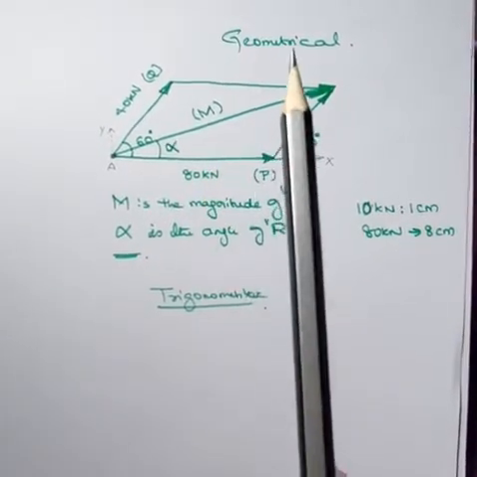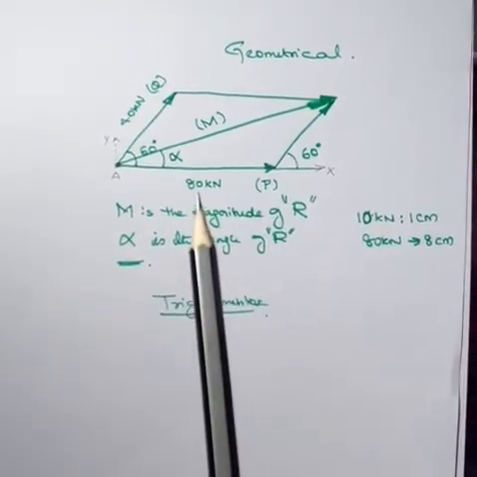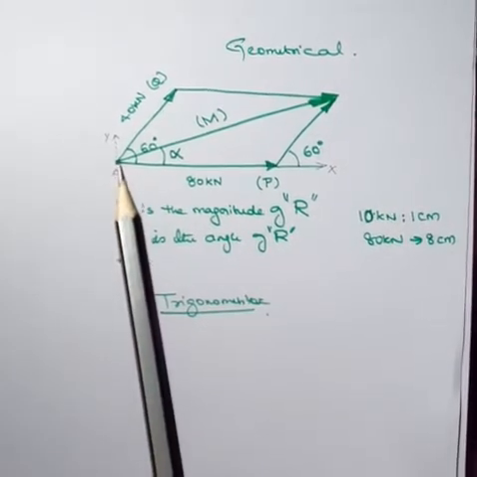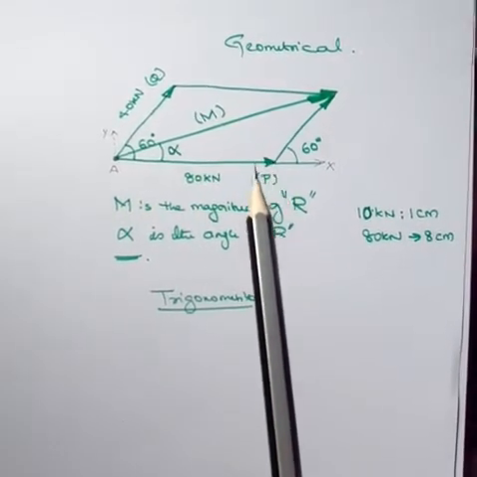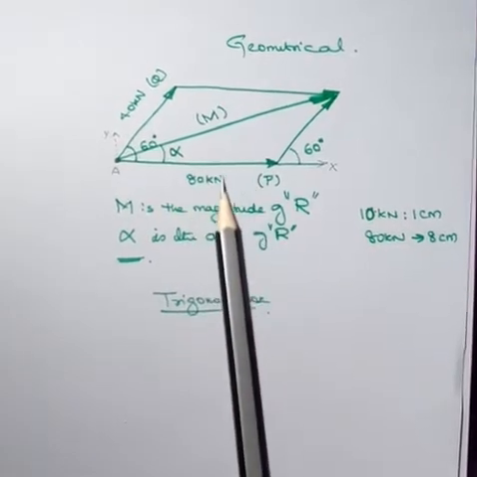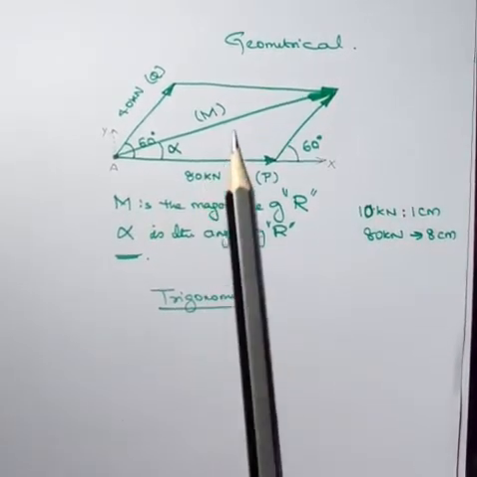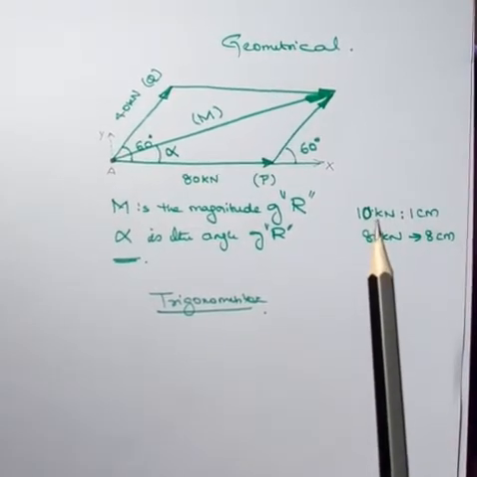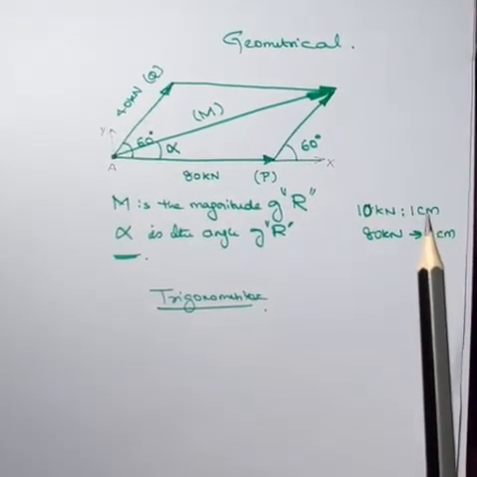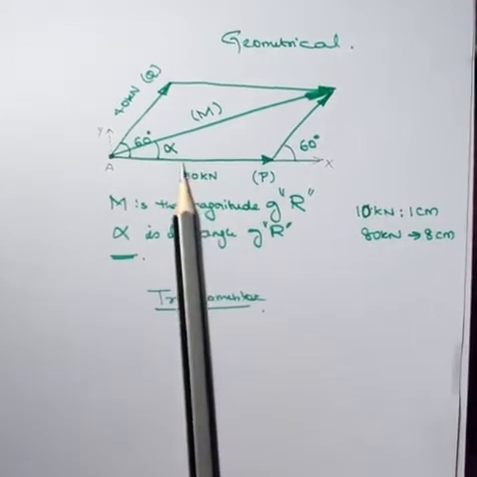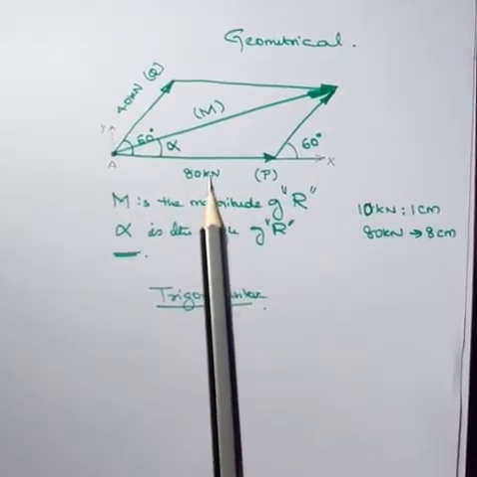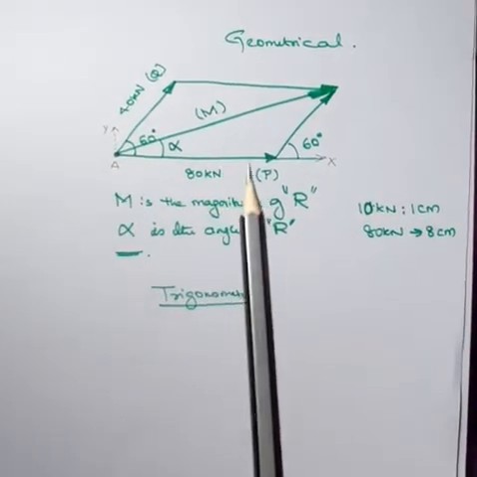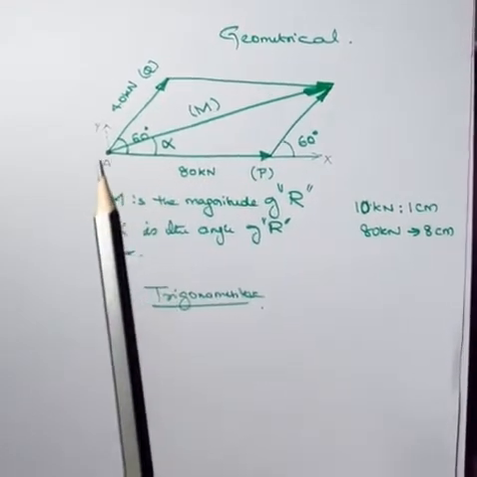Now using the graphical method or geometrical method, I'm going to draw a straight line horizontally, a straight line having magnitude 80 kilonewton, and in the graphical method I'm just taking the scale of 10 kilonewton for 1 centimeter distance. So I will draw the 80 kilonewton force for a distance of 8 centimeter,